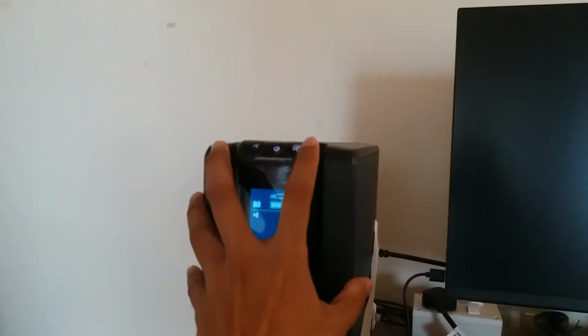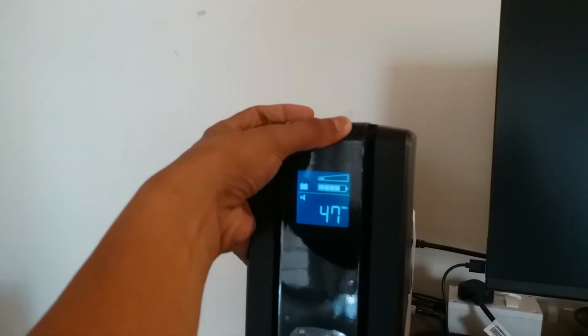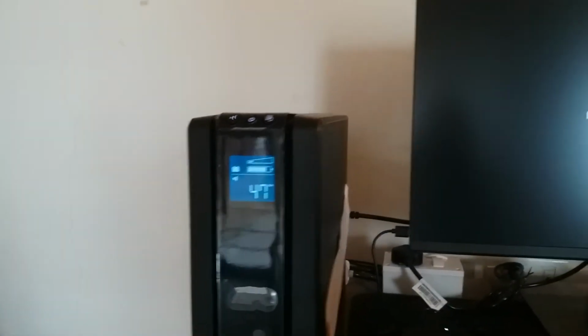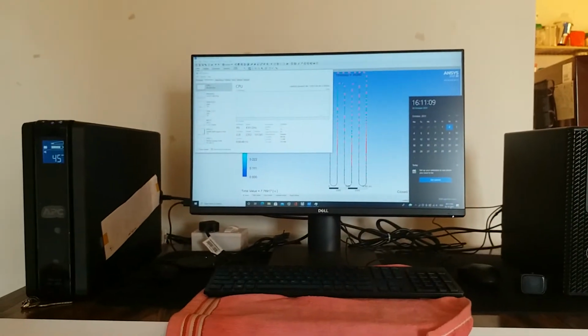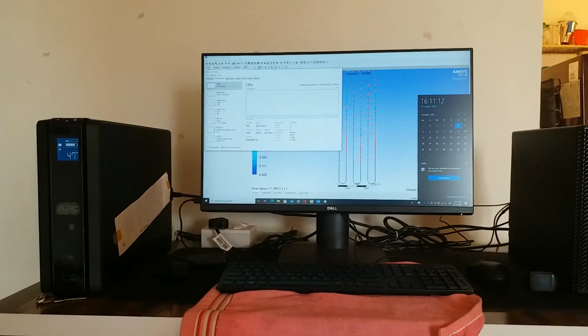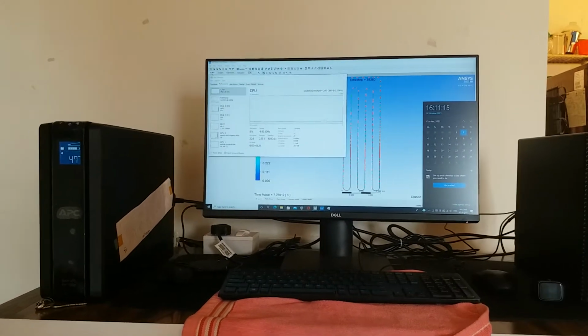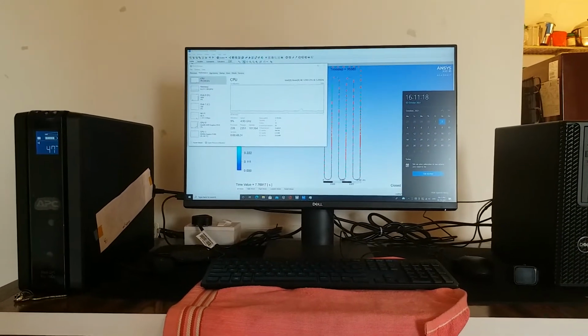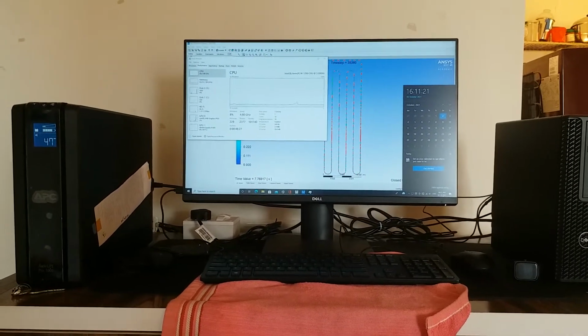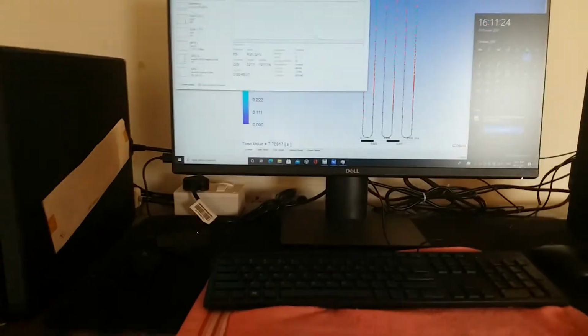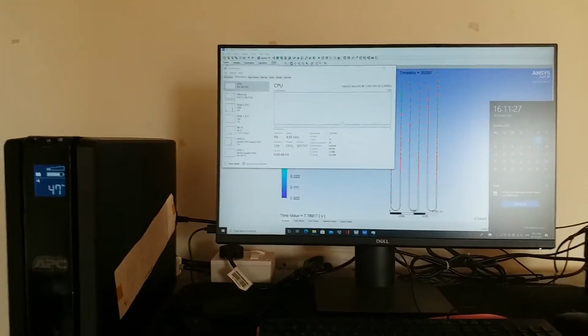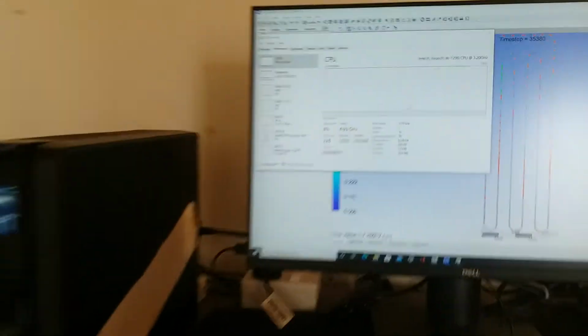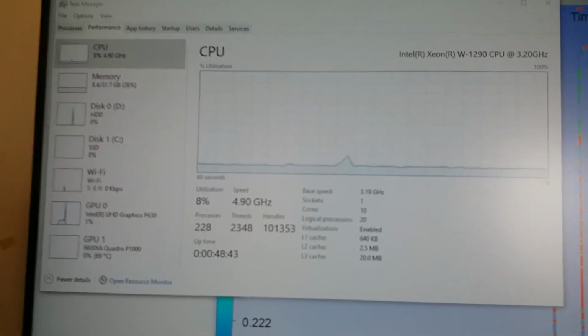You can change this to power. CPU utilization is only 8%.